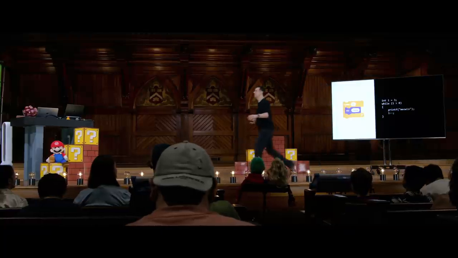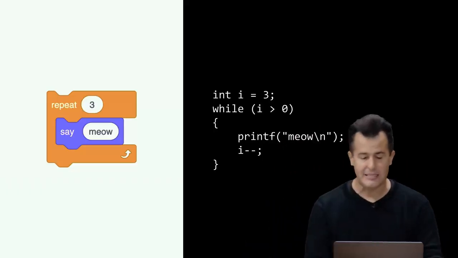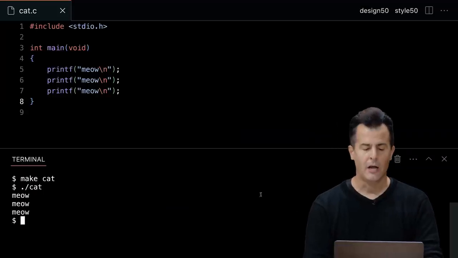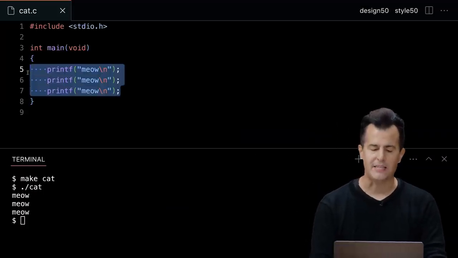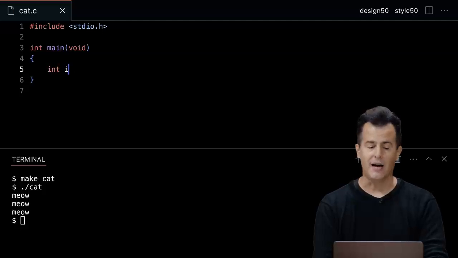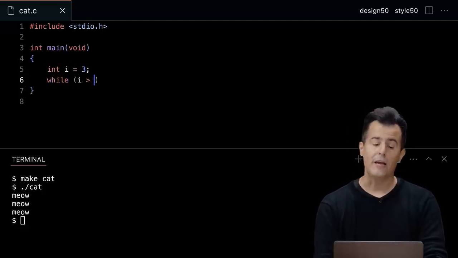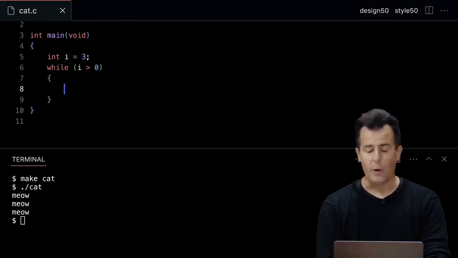So how do we actually implement this then in code and get it running? Well, it's going to be pretty much the same idea. Let me go back to VS Code here. I'm going to get rid of all of this copy paste. And inside of my main function, I'm going to do exactly what we saw. int i = 3; while i is greater than 0, then go ahead and print out with printf, meow, \n,